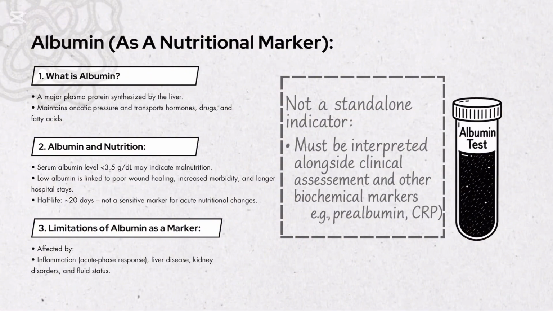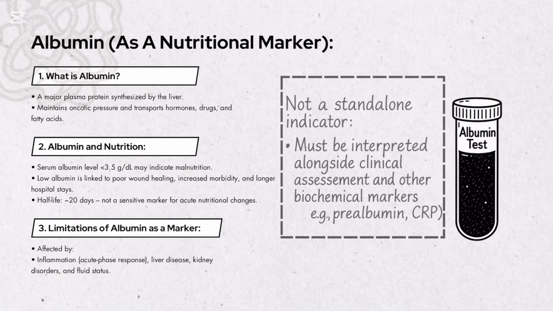It plays a crucial role in maintaining oncotic pressure and serves as a carrier for hormones, drugs, and fatty acids in the bloodstream. Second, how does albumin relate to nutrition? A serum albumin level below 3.5 grams per deciliter may suggest malnutrition. Low albumin is associated with delayed wound healing, increased risk of complications, and longer hospital stays. However, with a half-life of approximately 20 days, albumin is not a reliable marker for detecting recent or acute nutritional